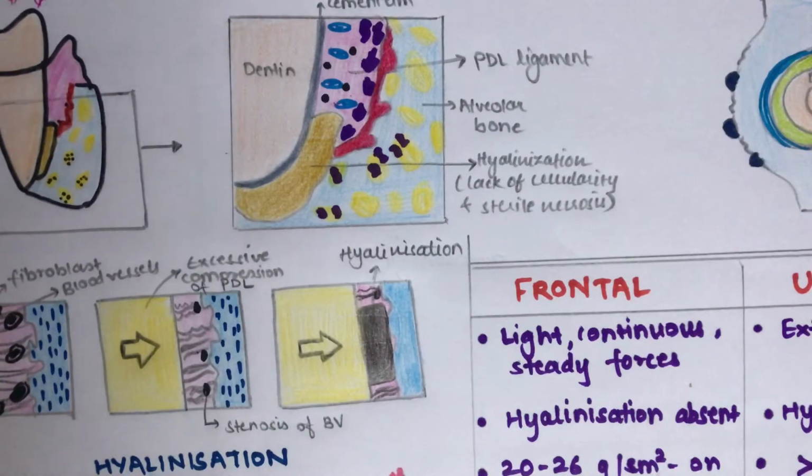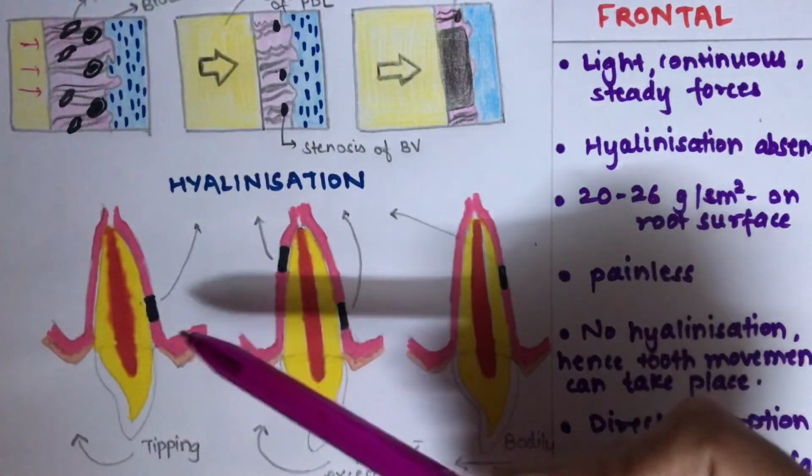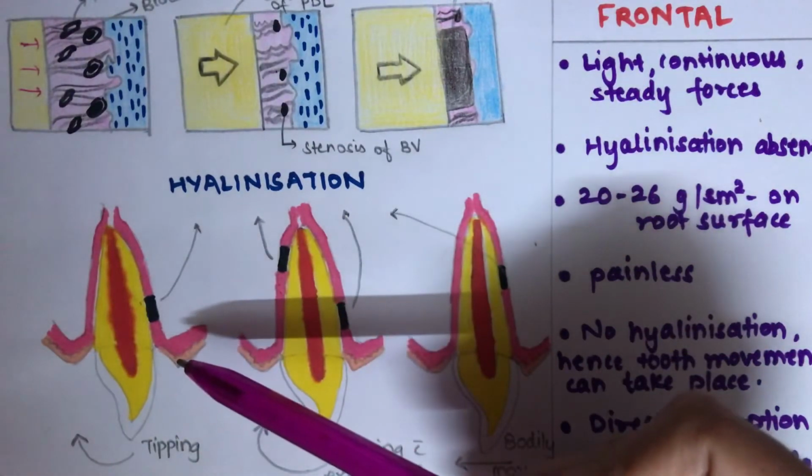Now, the greater the forces, the wider are the areas of hyalinization. The location and the extent of the hyalinized tissue largely depend upon the nature of the tooth movement, like what type of tooth movement exactly it is. So in the case of tipping tooth movement, so this is a tipping tooth movement, the hyalinization would be